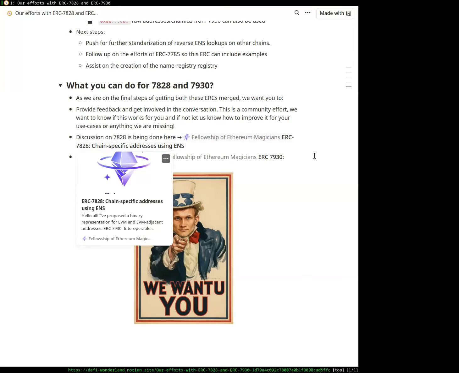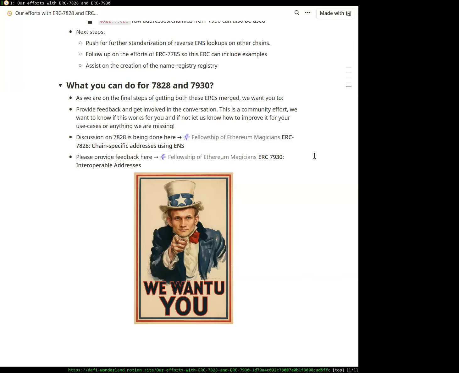And the idea is that for every minor change that we have to the ERCs, we use different PRs. So for example, making 7828 be a text representation of 7930 addresses was its own PR, and any feedback that you make on those PRs will be hard to follow if they are not properly archived.